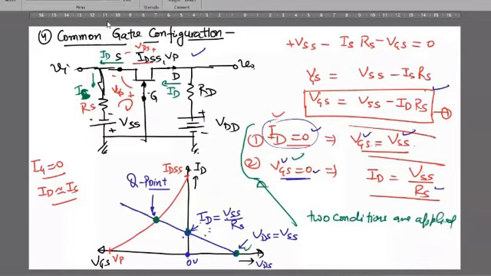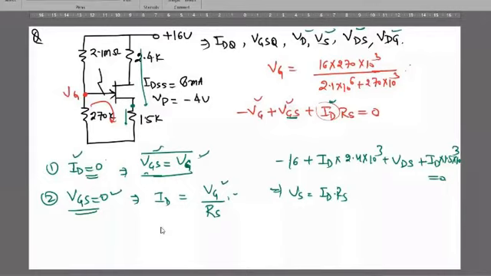Do you understand this concept? If you collect the first point and second point and draw a straight line, then wherever it intersects the transfer characteristics, it will be the Q point. In a similar manner, in the case of potential divider biasing, you have applied 2 conditions. By applying the first condition, you found VGS equals VG. By applying VGS equals 0, you find ID equals VG over RS. Can you draw the characteristics for this potential divider biasing as well?